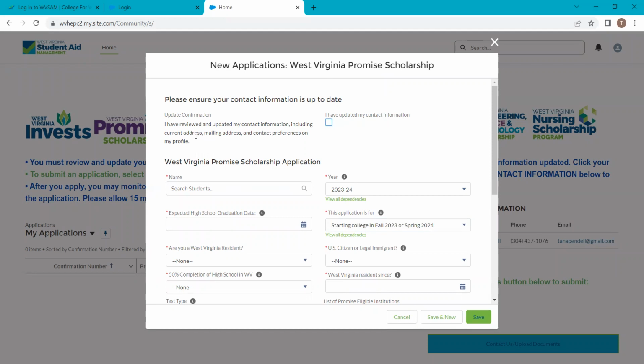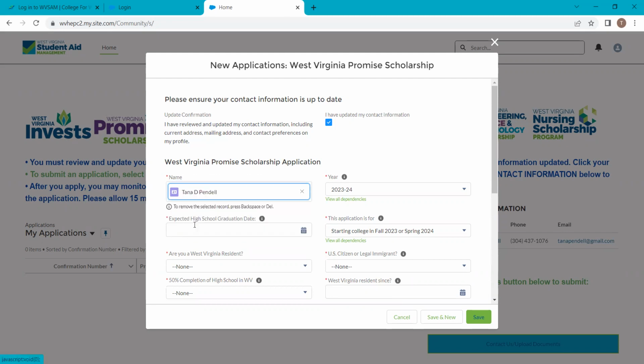First, you have to agree that you've updated your contact information. This just means we have the most updated information related to your demographic information. If that has changed, you want to come here and make sure you have updated it. But you do have to check this box. So you're going to enter your name, and it will only let you select yourself, your graduation date,